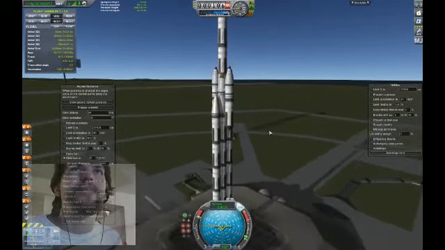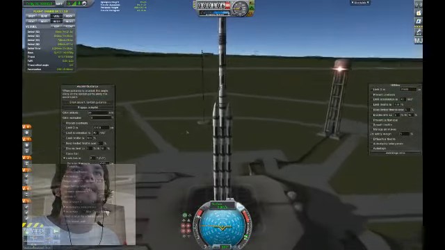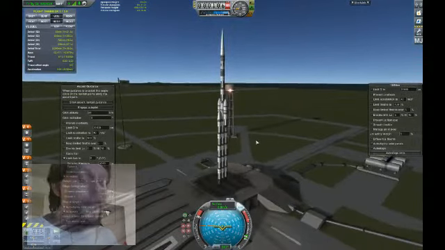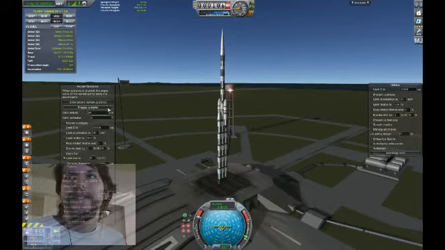As you can see, there's some parts clipping together up there, just because that's allowed. Anyway, right now it's 28.6% payload, this rocket, and if I can get it to orbit, then I'm going to set a record in the